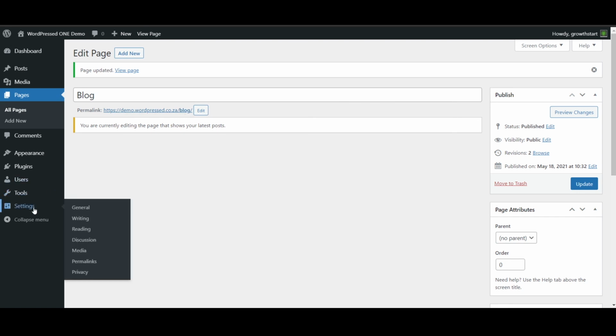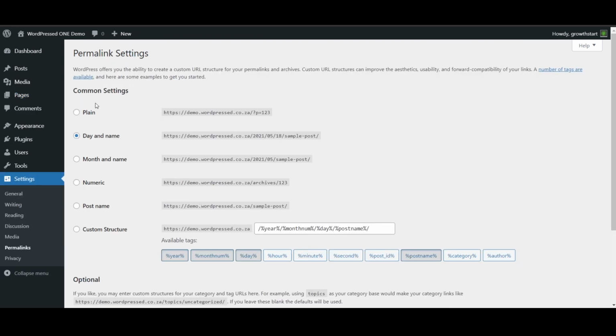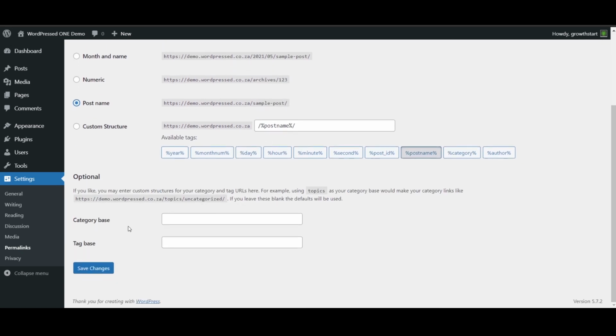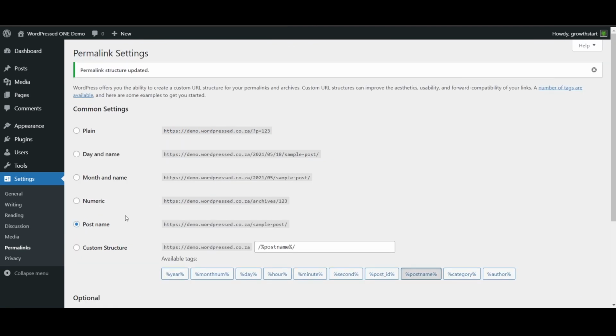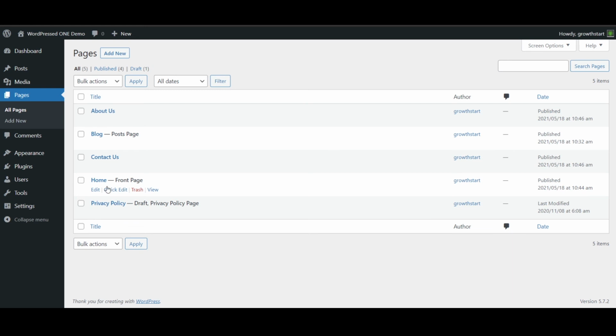So to change that, you'll go to settings and then you'll go to permalinks, and by default it would be something like this, day and name, and you definitely want everything to be as post name, and do this from the start. It's just gonna save you a ton of headache having all your links changed later on. So make sure when you first customize WordPress, one of the first things that you do is do the post name permalink. Let's go back to our pages,